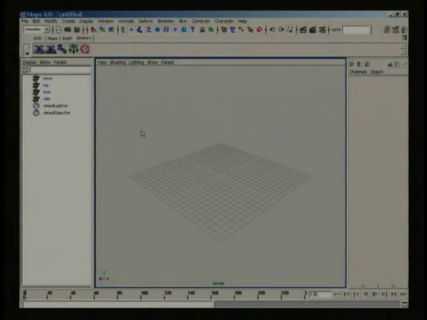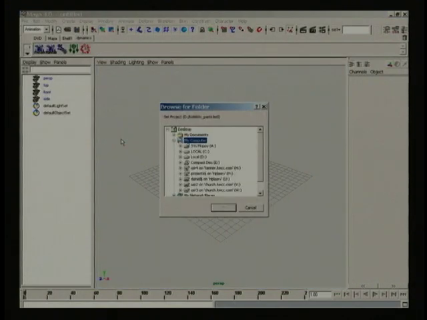I've opened up Maya on my machine. I'm running version 4.0 on Windows NT. First, I'm going to copy the data directory we've supplied on the DVD to my local drive. The structure of this directory functions as a project directory, so once it's copied to my home Maya projects, I set this directory to be the current project by selecting the menu item File, Project, Set, and click on the